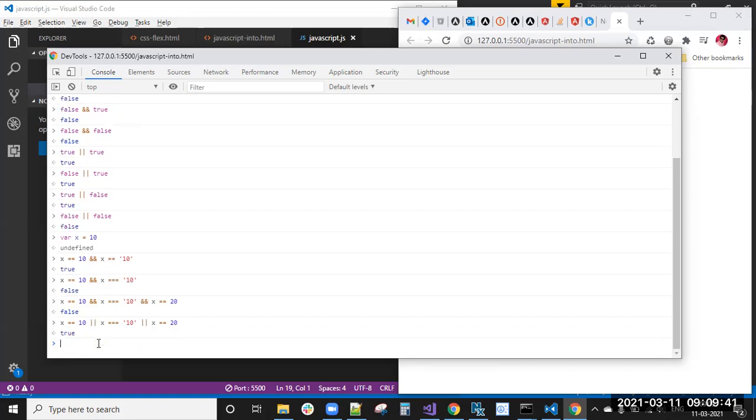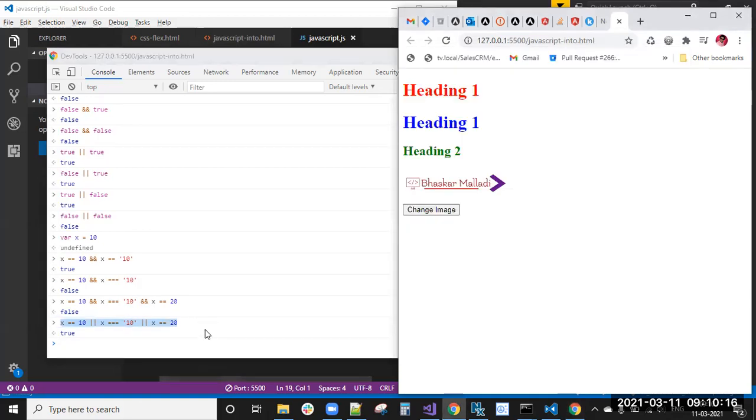Okay, what output will I get? True. I will get true because, as I told you, there are a number of conditions, and if any one condition is true, then the entire condition is true. Then you will get true. In if, else if, else and loops concepts, you will use these types of things. So remember these things. These are about logical operators. Okay, and then OR.